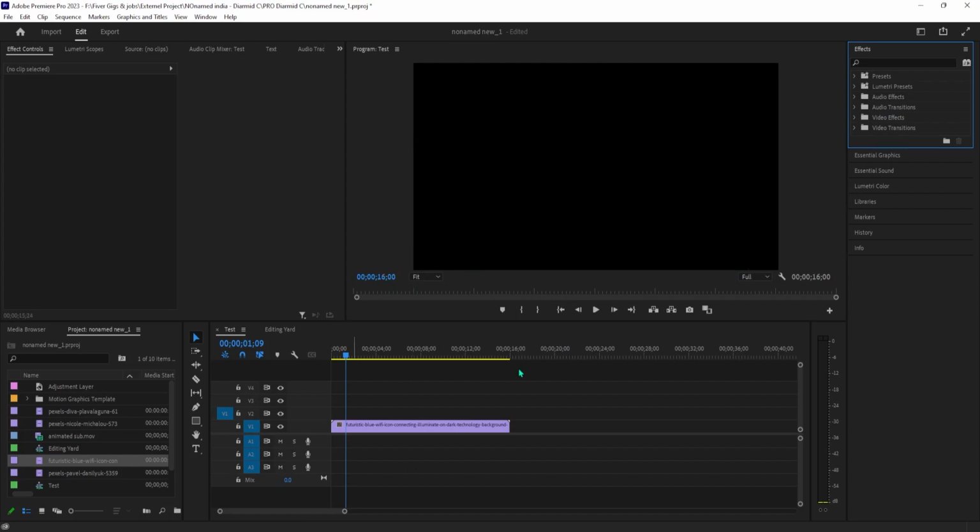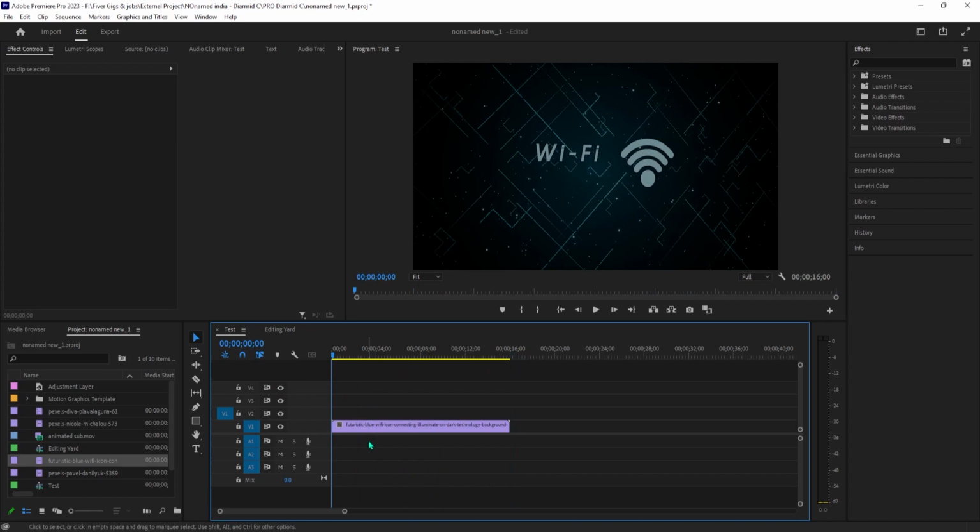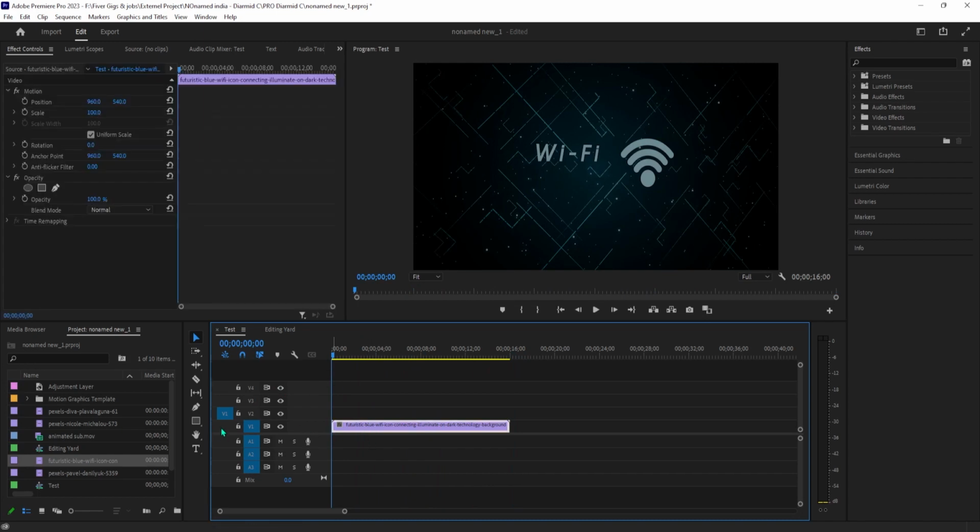In this tutorial, I'm going to show you how to add diffuse highlights to clips. To get started, I just added a clip to my timeline that I'd like to add a few highlights to. Let's begin by holding down the Alt key on your keyboard and dragging the clip onto the track above to